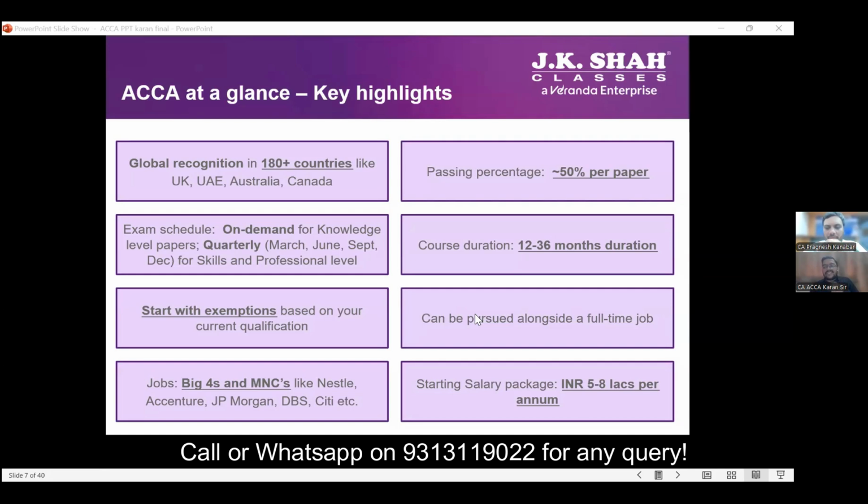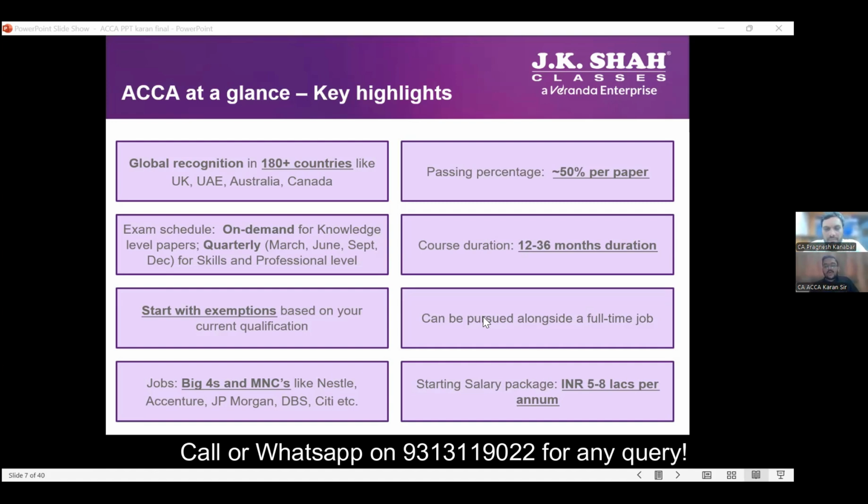For example, in my case, I could complete my ACCA qualification in a matter of 9 months. So after chartered accountancy, you took that route of only 4 papers and you were through with ACCA within 9 months. Correct. The ACCA Institute gives you the flexibility to give one paper at a time, but a student, if possible, can give 2 papers in one attempt also. And that is the reason I could complete everything in a matter of 9 months.